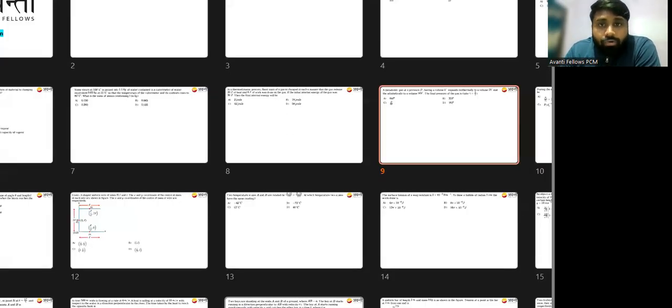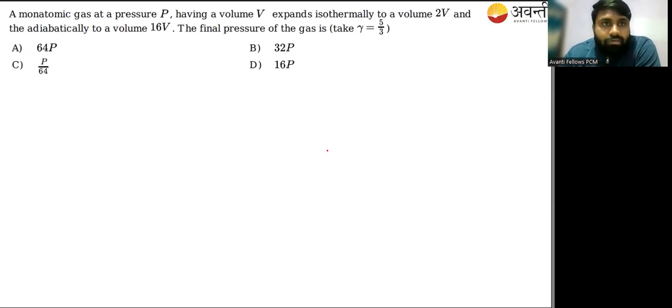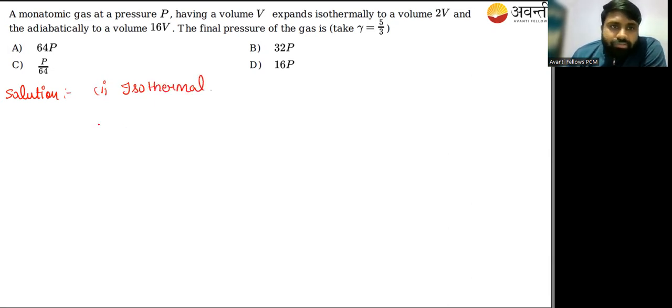A monatomic gas at pressure P having a volume V expands isothermally to a volume 2V and adiabatically to a volume 16V. The final pressure of the gas is, gamma is also given to you. So here we have two processes. First is isothermal. So for isothermal we know